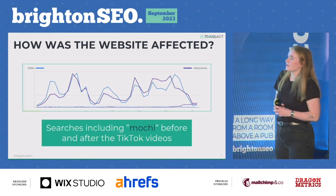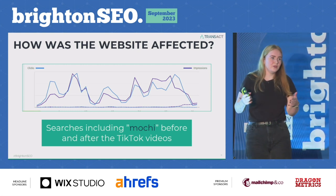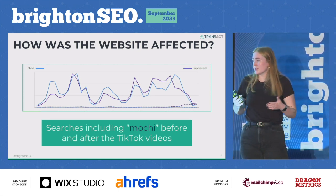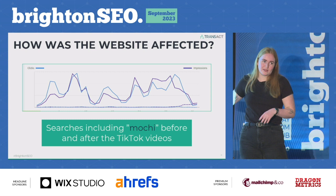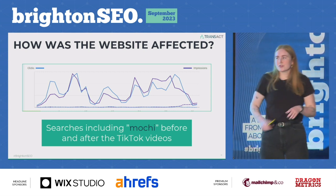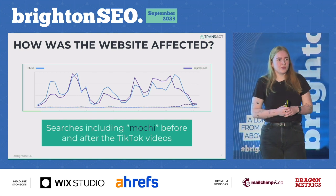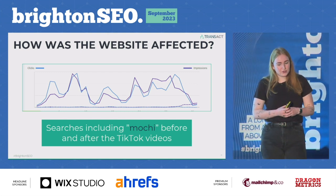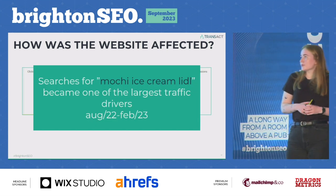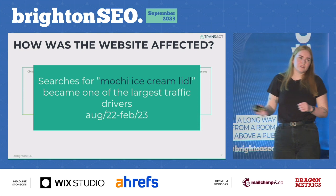In Google Search Console, we could see that the period before the TikTok videos went viral, the searches for mochi ice cream were completely flatlined. No interest whatsoever on Lidl's domain. But as soon as those videos had gone viral, we saw a huge increase in both clicks and impressions on those searches. We also saw that the searches for mochi ice cream Lidl became one of the largest traffic drivers